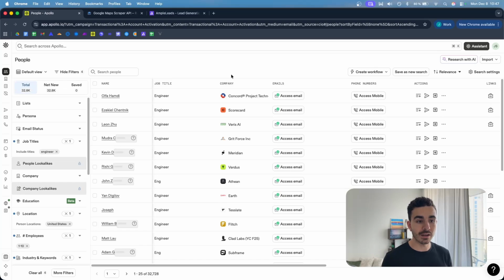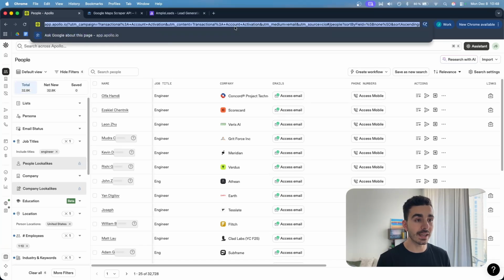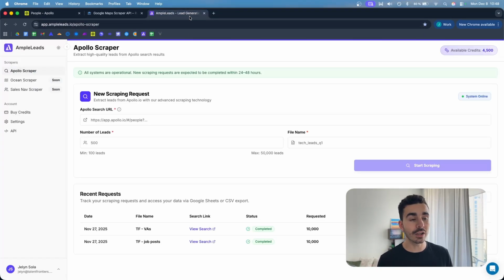Try to have a bare minimum of 3,000 leads in your research, even more, around 5,000 if it's possible, because at the end, when you're going to export the leads and verify the email addresses, you're going to have to exclude at least 30-40% of your list, because a lot of them will be invalid emails, and so you won't be able to contact them. So when you're ready to export, you're just taking the URL here and you're going to paste it